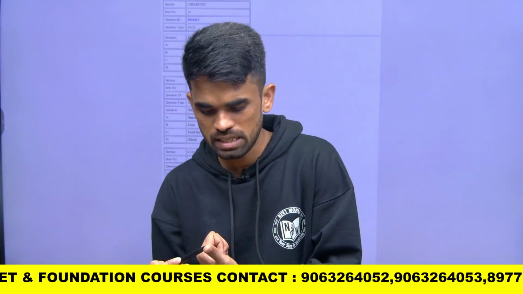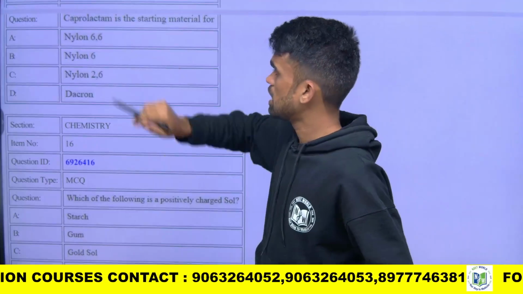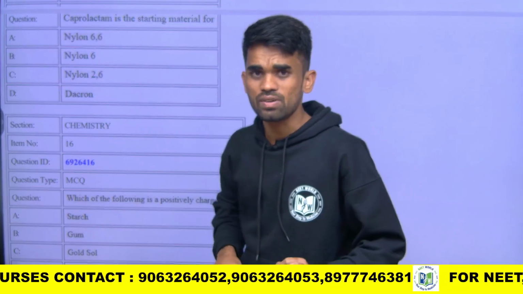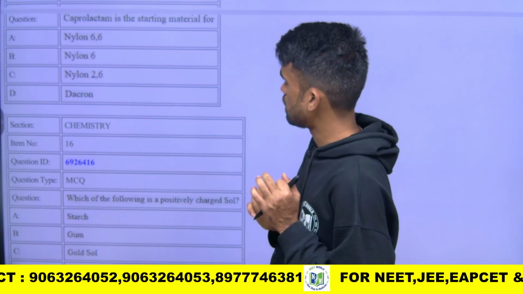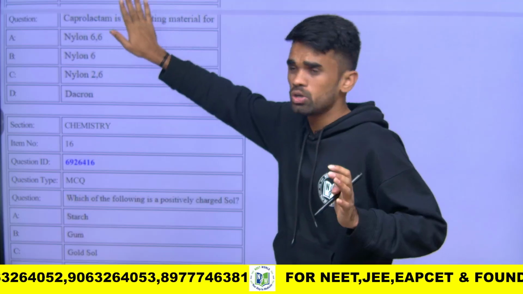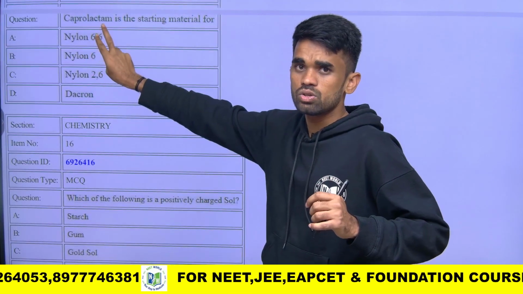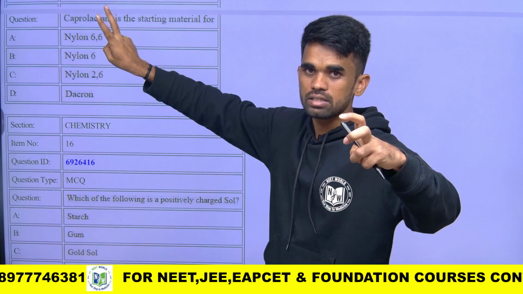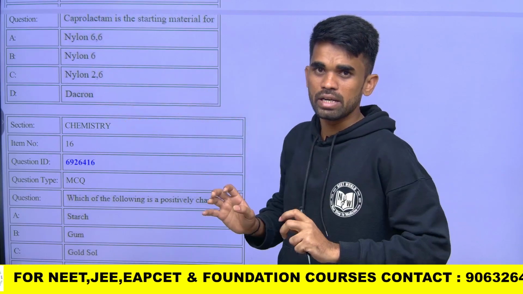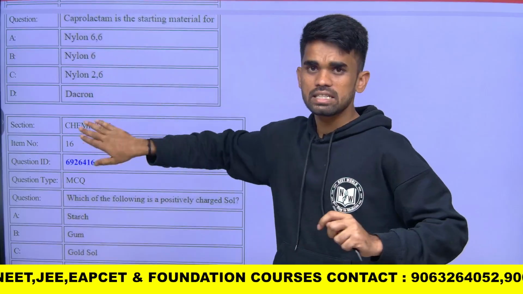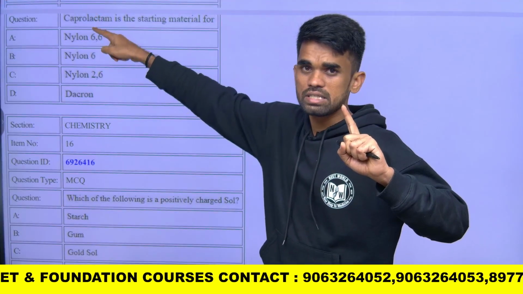One is adipic acid plus hexamethylene diamine giving nylon 6,6, whereas nylon 6 is formed from just caprolactam. That is what you can remember. And just to avoid confusion, whenever you see nylon 6,6, you can remember there are 2 reactants, 2 different monomeric units combining to form this compound, whereas nylon 6 has only one monomeric unit combining with itself